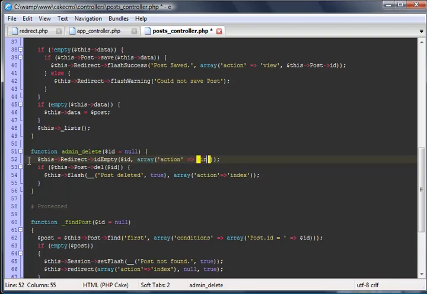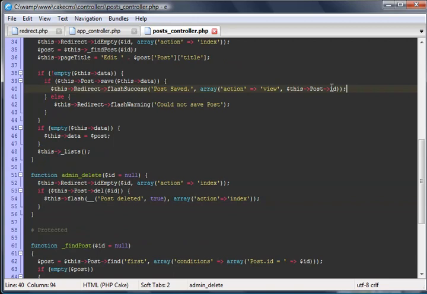And we'll say index, and we will get that one. Oh, actually, we'll just do this ourselves. This redirect flash success. Say post deleted. Say array action